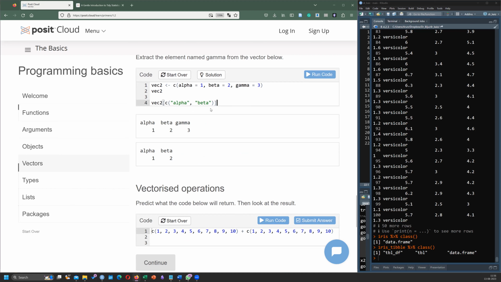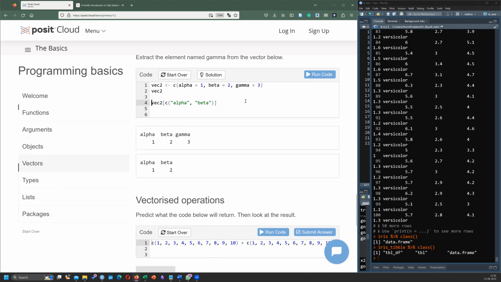If you want to add more elements, will that be possible? For example, for vec2, I want to concatenate.